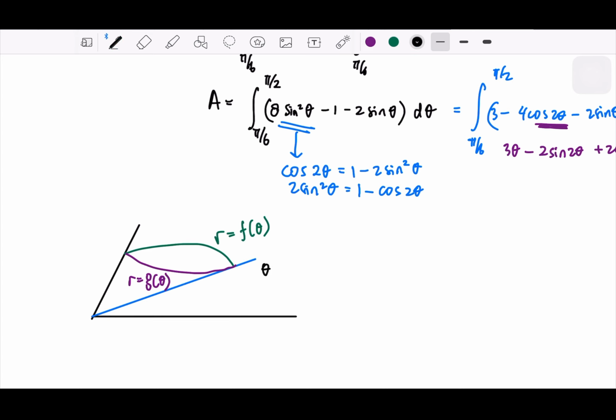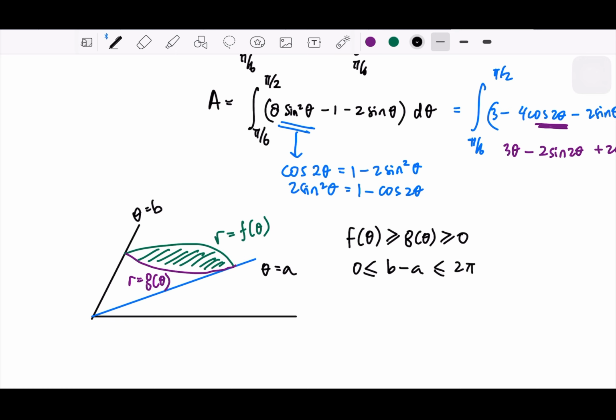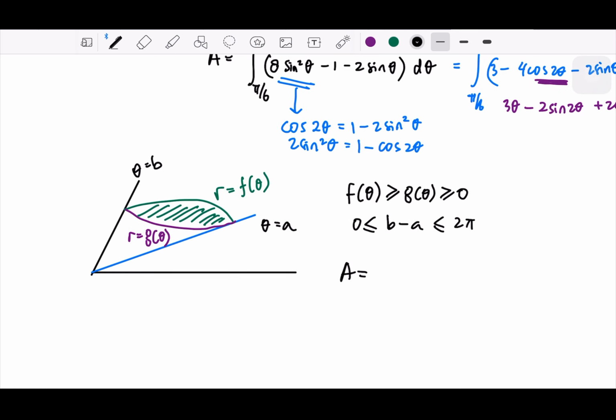And then if this theta is A, this theta is B, and this is the area that we want to evaluate, then we know that f is greater than g, is greater than 0, and the angle is between 0 and 2 pi. Then the area we can write